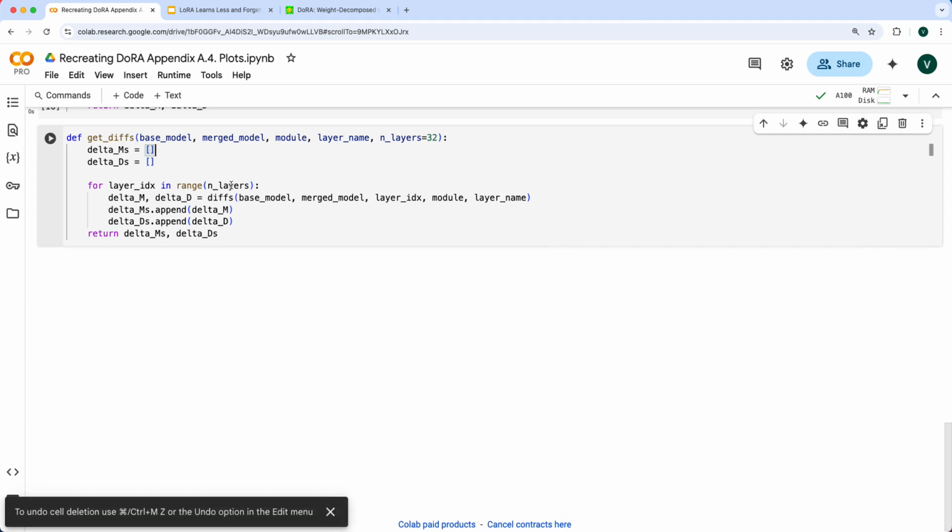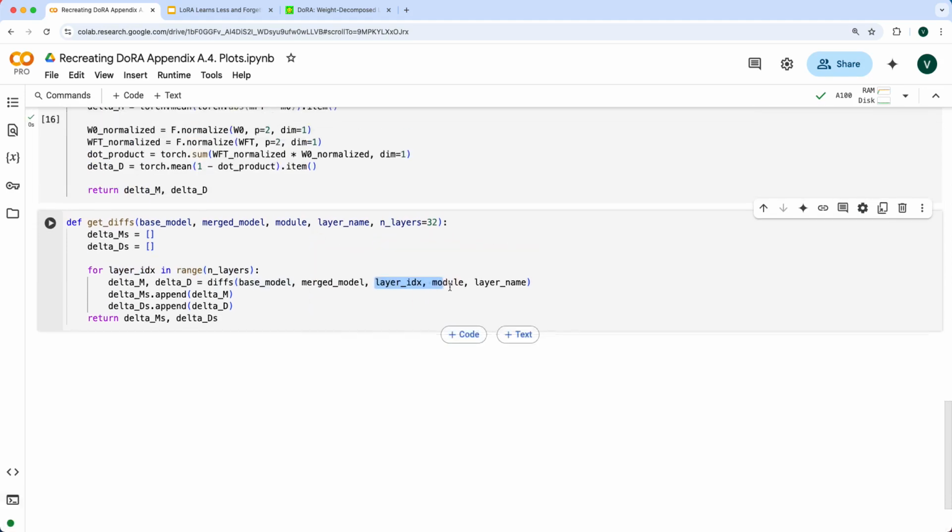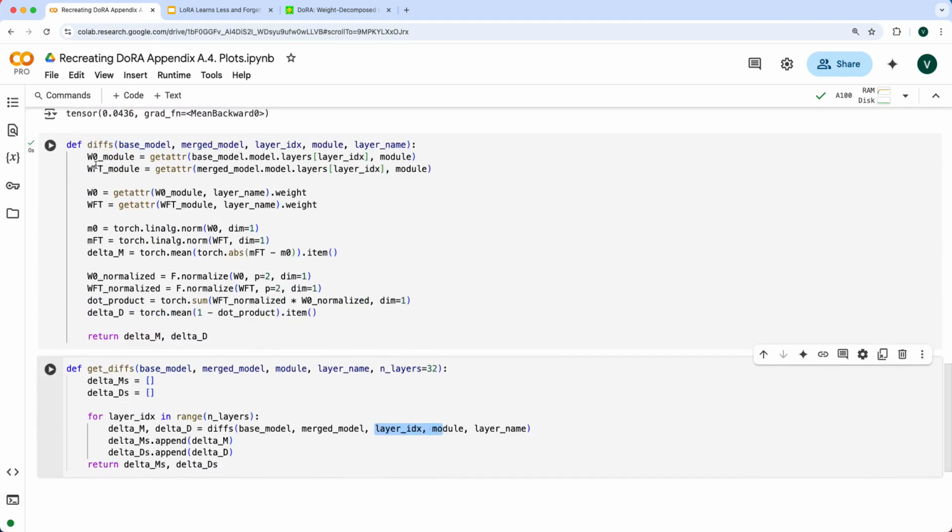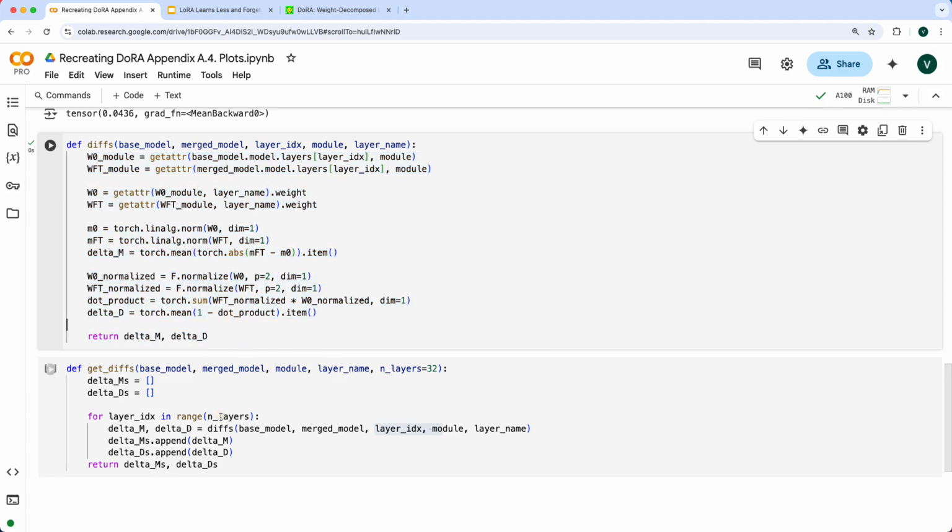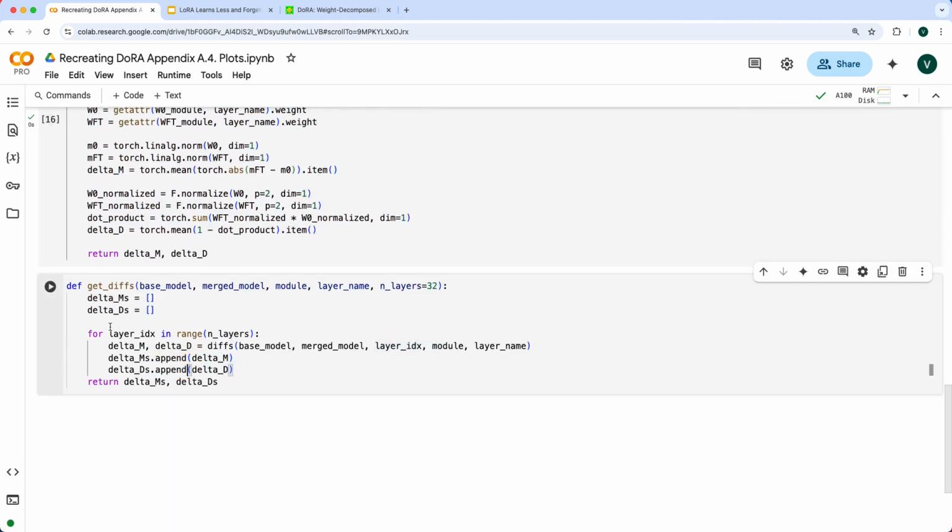So we're going to iterate through each layer. We're going to pass that layer index and the module and layer name. And then we're going to get the delta M and delta D, append it to the list, and go through all the layers and send back our list so we can plot them. And just to do a quick check,